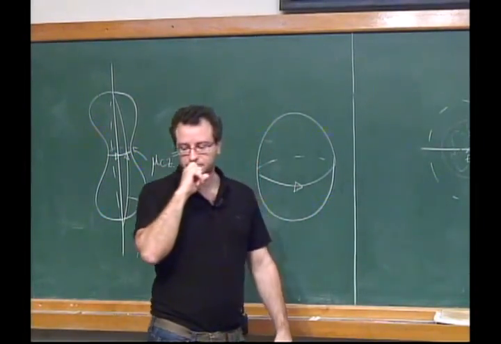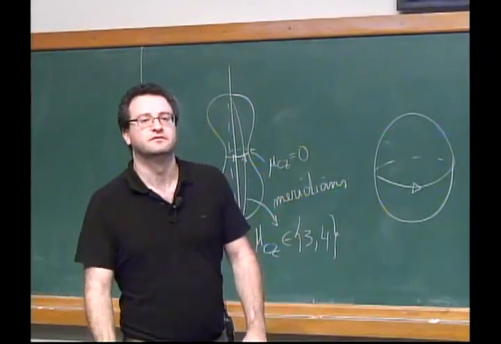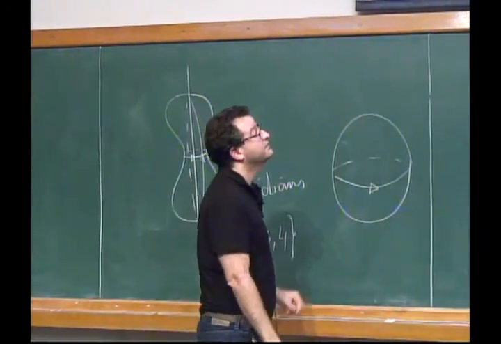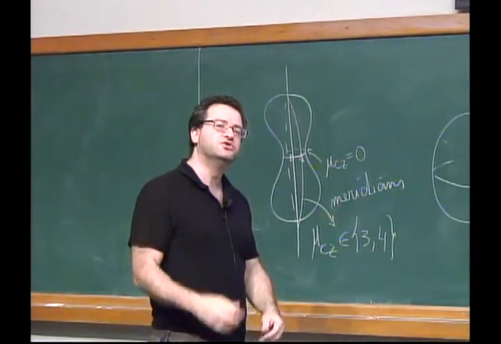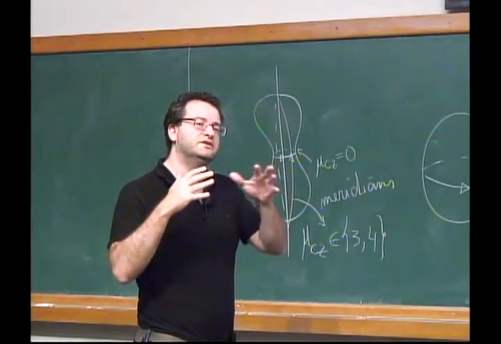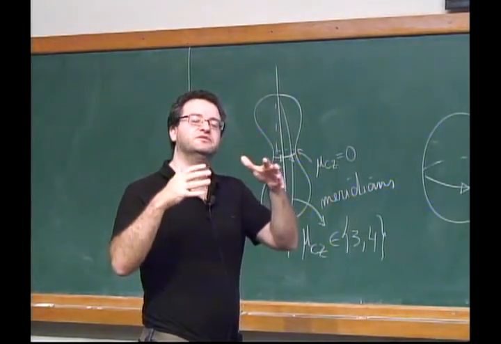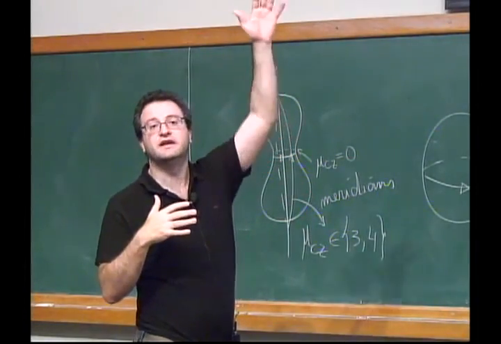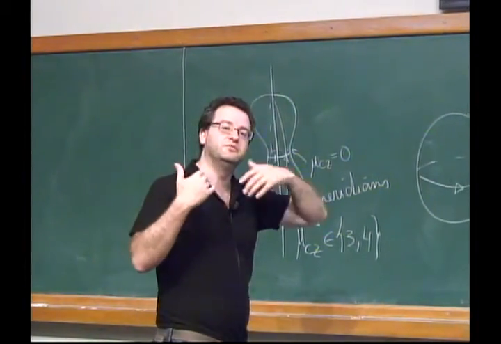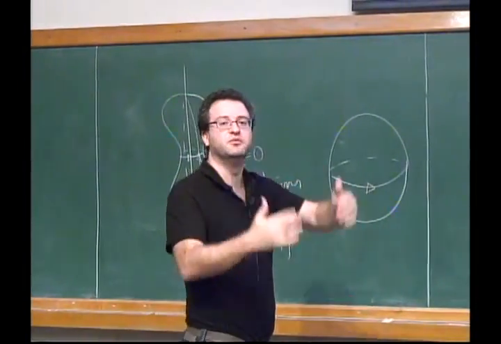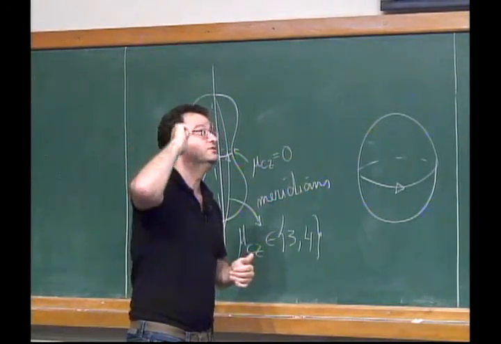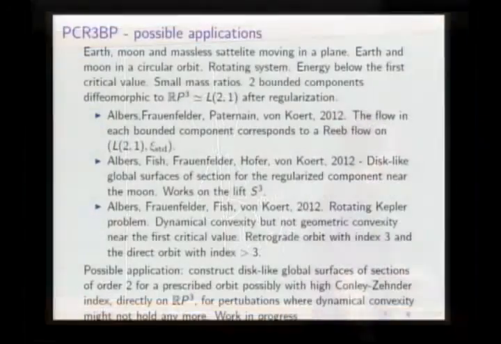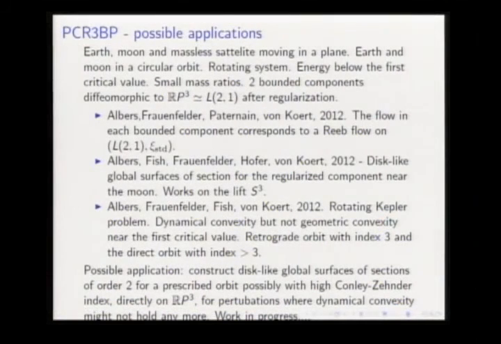But you can do a more careful analysis to show that we don't need such a restrictive assumption. You could have orbits with index 2, but if the action is very high, also in the analysis, they will not be a trouble. You could also produce the open book decomposition if those orbits with index 2 have very high action. So in this situation, this perturbation from the rotating Kepler problem to the three-body problem, we expect that